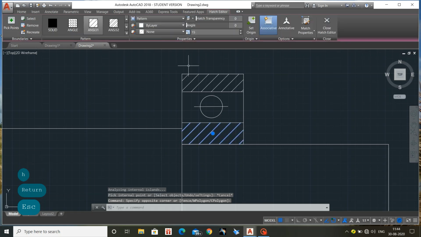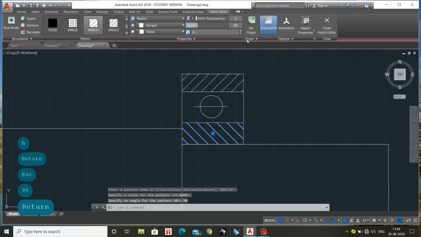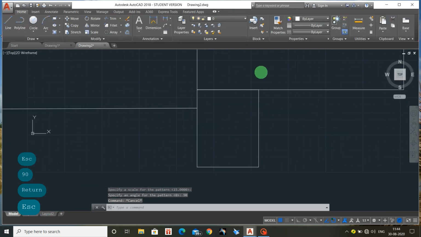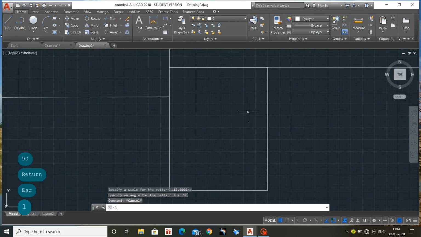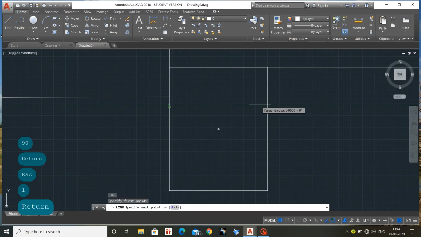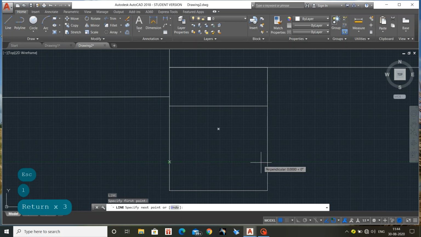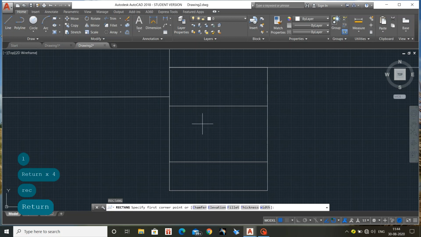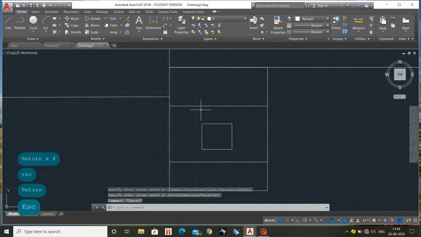So here the angle, I'm changing it to 90. So it will become completely reverse. So one type of bearing representation I have shown. Now I will show you another type of bearing representation. So again I'm drawing the line, and here one line, done, and I'm drawing a rectangle, or it might be square. So drawn. Again same hatching.